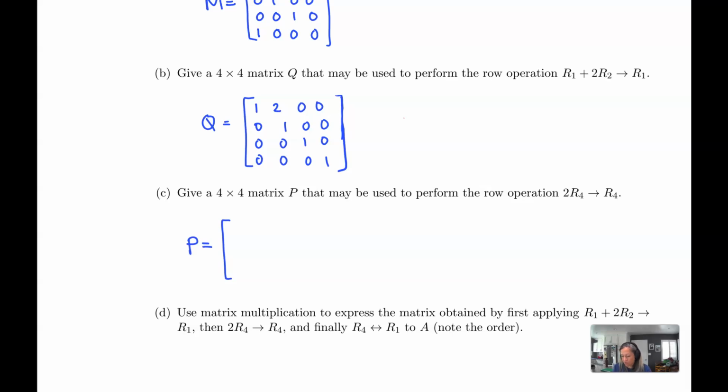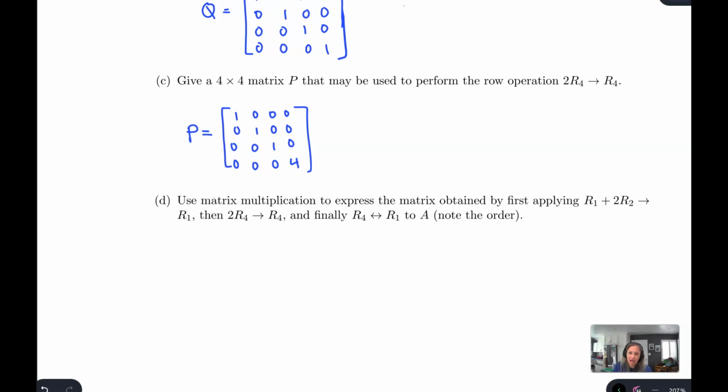But in this case, we want to scale row 4 by 4. We're just going to go ahead. Only row that's changing is row 4, and we're just going to scale it by 4 for our identity matrix. Perfect. All right, the last piece here was, okay, how would we use this with A to show what those